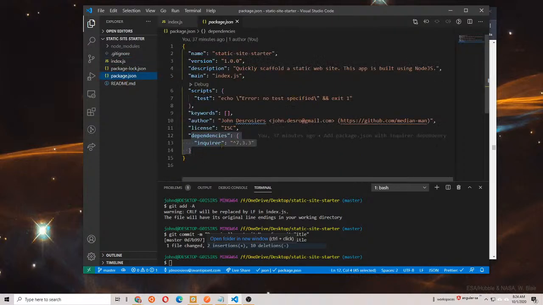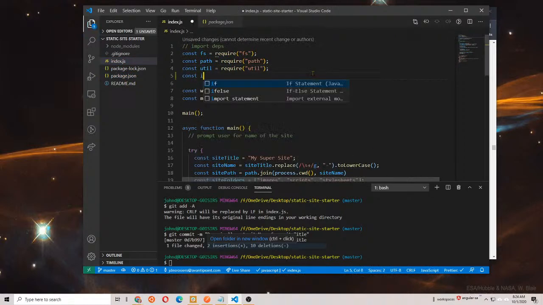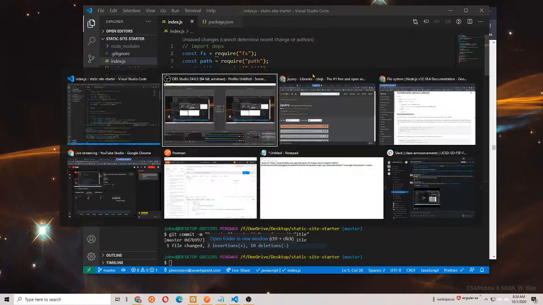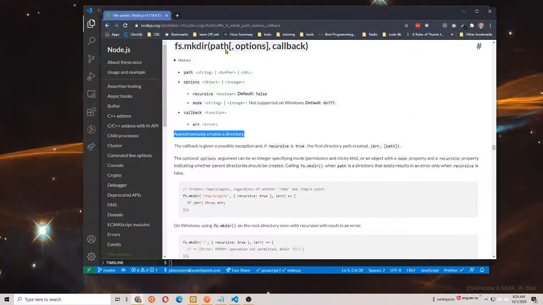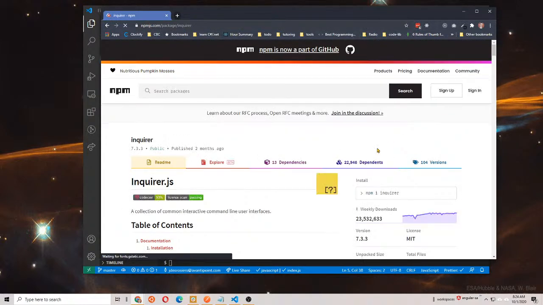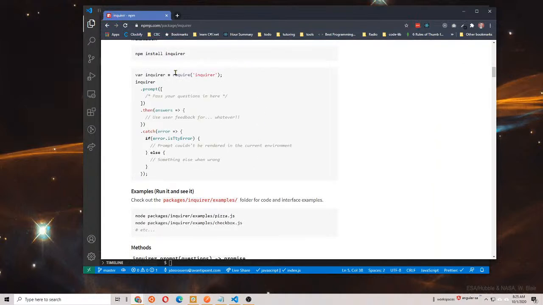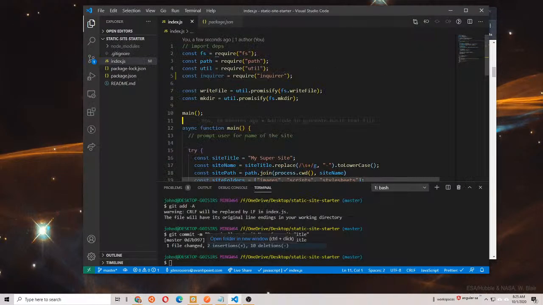If we look at package.json here, there's Inquirer version 7. So in order to use it, I'm going to first import it. And Inquirer is a third-party package. You can find it on npm if you're curious about the documentation or how to use it. But basically Inquirer uses a promise interface. We can see the .then and .catch. And it uses a promise interface to prompt our user one or more questions. And then once the user's done answering, we get an object back with our user's input, which is perfect for